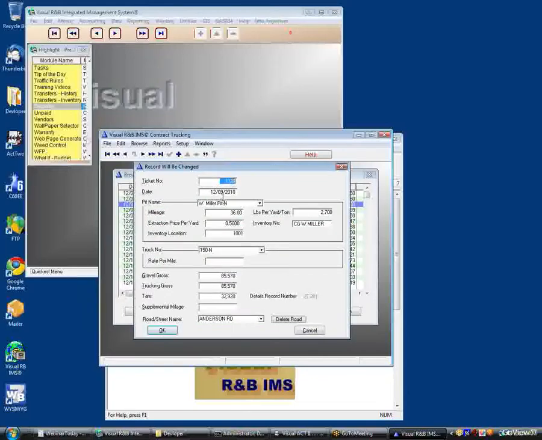This will be the ticket number the quarry uses, the date it was hauled on, the pit name that the load was pulled out of, the miles from that pit to the main stockpiles, the extraction price the quarry is charging, like 50 cents per yard, and the inventory location, if you classify it as an inventory number, the type and quality of rock, and the truck number that's hauling it. It's another lookup table to drill down into the trucks. And any